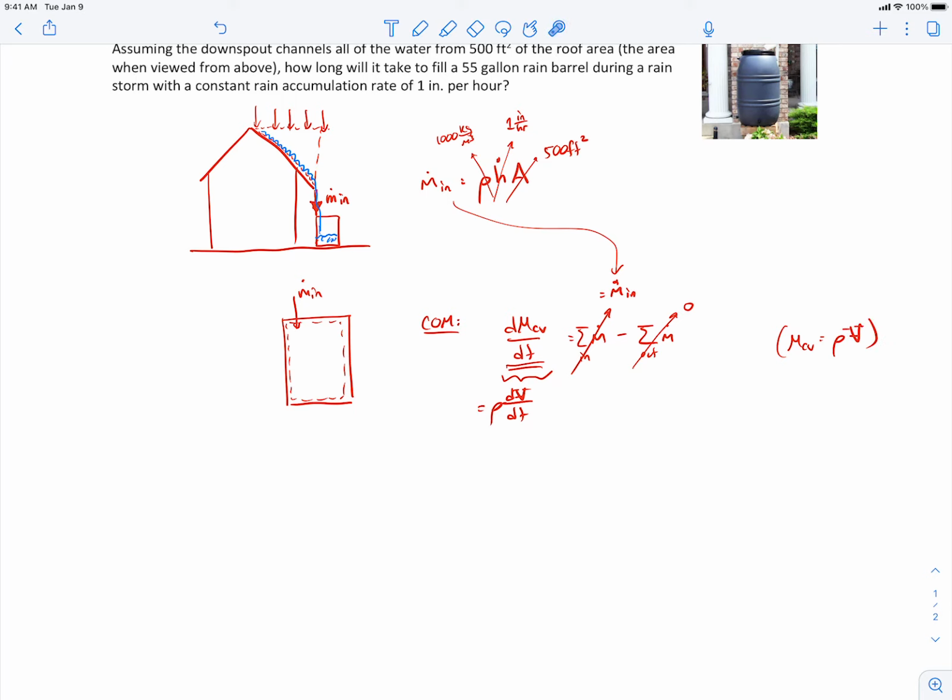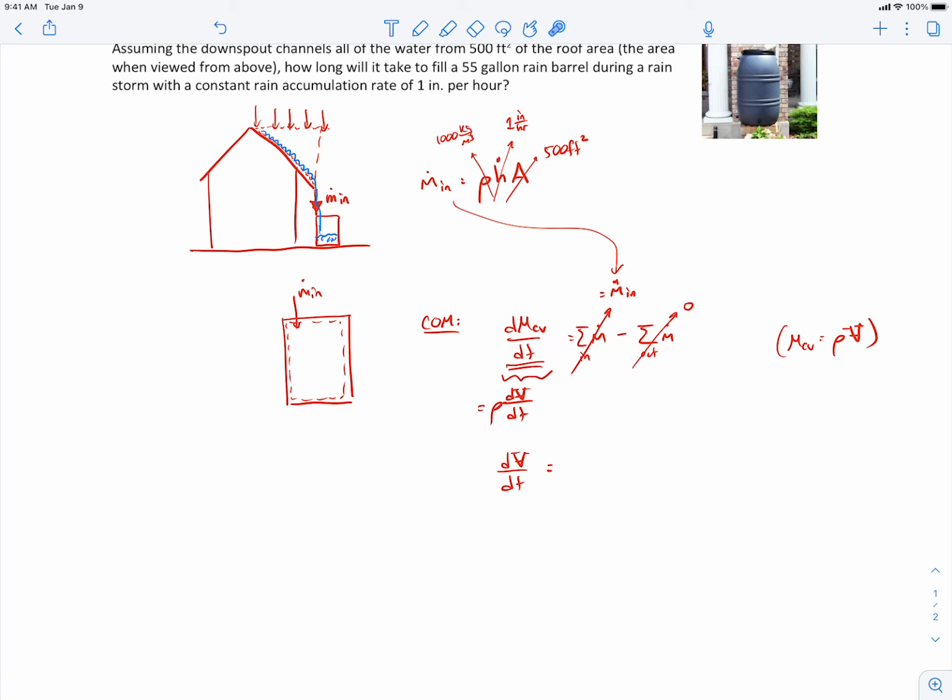And since I assume that the density is a constant, it can come outside this time derivative, and that's why the time derivative is only acting on the volume. So the time rate of change of the volume of water inside the control volume is going to be,